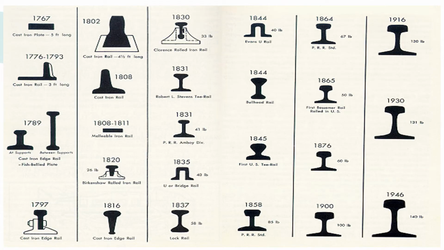And this is the picture of the various types of design of railroad, the cross-sectional view of the railroad. In the year of 1767, the cast iron plate is used. Then that is 5 feet long. Then in the year of 1776 to 1793, in between, the cast iron rail is used, but that is 3 feet long. In the year of 1799,